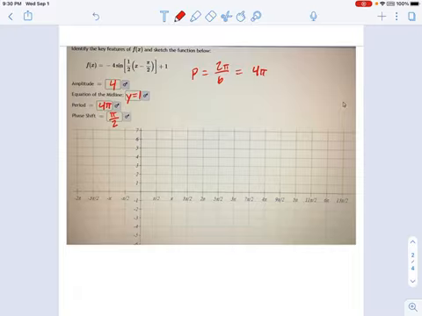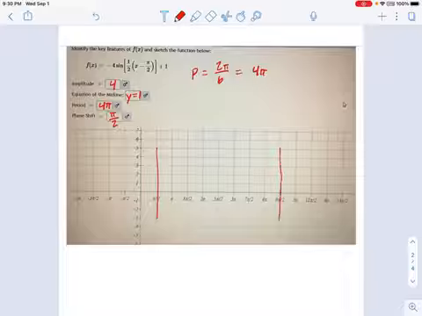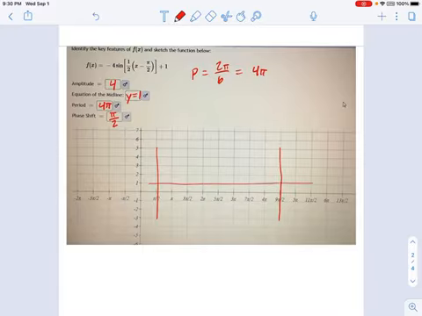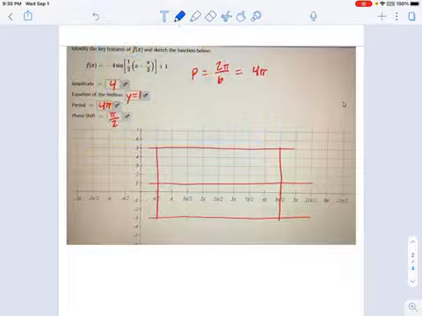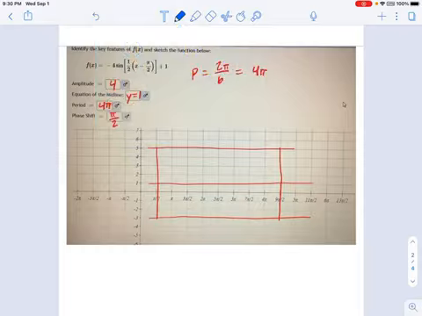So we graph it now using the phase shift as the starting point, and it's going to go a distance of 4 pi, which lands us at 9 pi over 2. The midline is at y equals 1, and it goes up by 4 and down by 4. And wow, that really worked out very neatly. Okay, now the sine function would normally, well, it always starts at the middle, right here. Normally it would go up, but in this case it's a negative sine function. So this guy's going down.